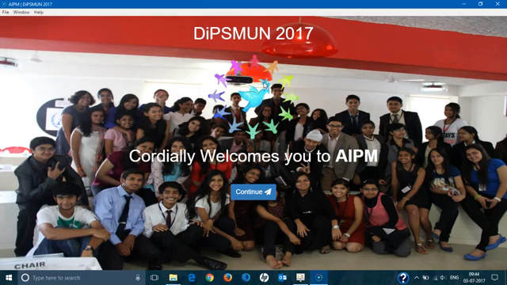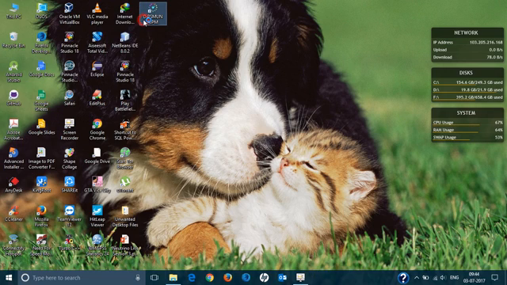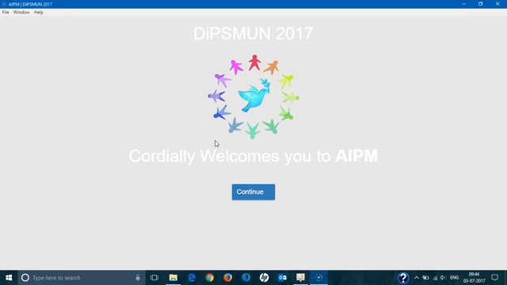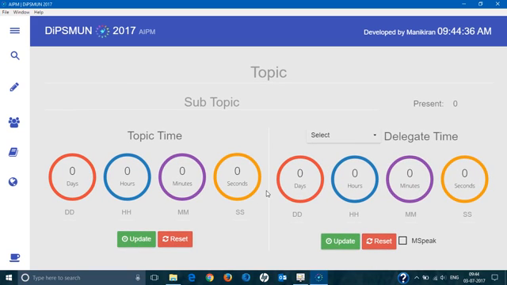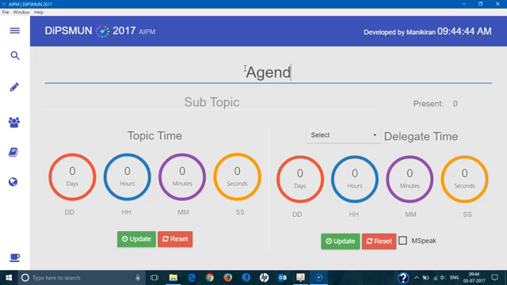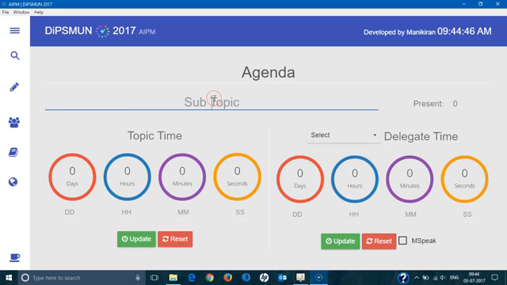So it's going to lag for the first time because it's going to take up a lot of RAM, right? So the next time it's going to be pretty much faster. Yeah. And yeah, let's continue, like start. So this is your tool, and you have a topic where your agenda goes. You have your subtopic where your, like, say subtopics like moderated caucus,